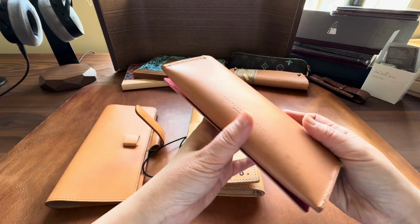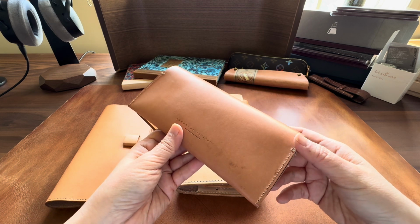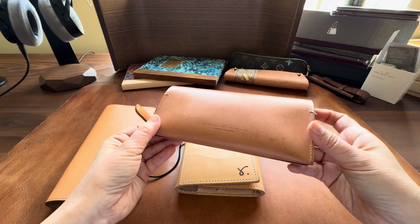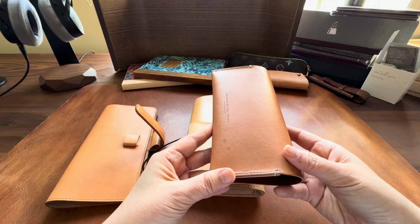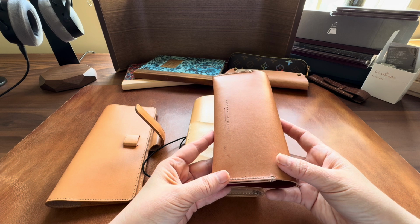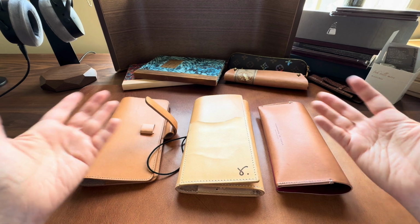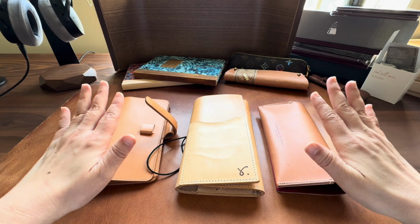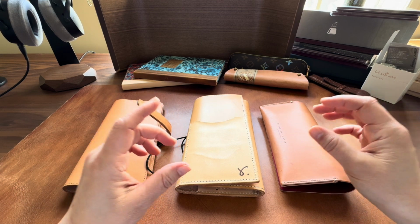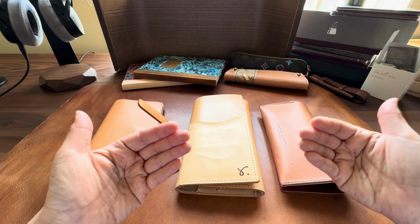And this is a glasses case of the glasses that I'm wearing right now from a company based in LA, I believe, in California, in the USA, which commissioned the making of this particular item in Italy. So I'm assuming the leather is also Italian, and the glasses are crafted in Japan. So for context, these are not a fair comparison. I'm just trying to tell you that. But I am trying to use these two to compare what a very good natural vegetable tan leather looks like, or should look like, in my opinion,